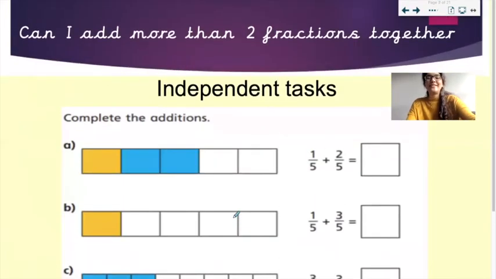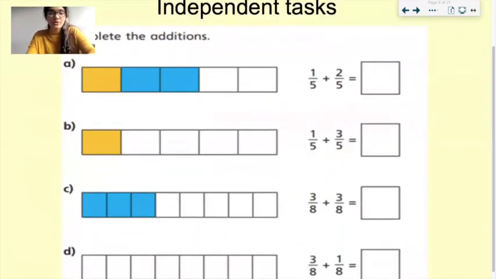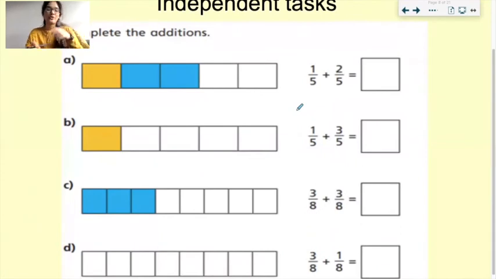Time for your independent tasks. You are going to complete the additions. Off you go. There are 4 to do there. Have a go, and then we'll go through the answers together. Right, let's go through the answers together. 1/5 plus 2/5 is